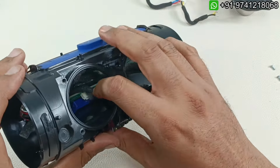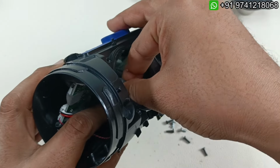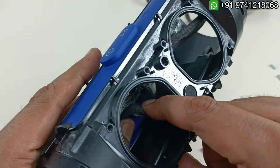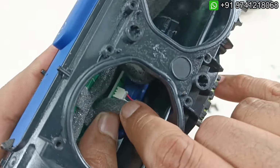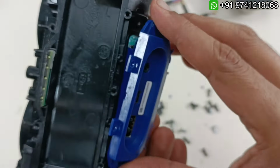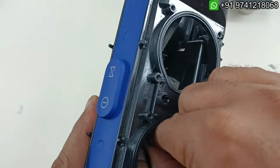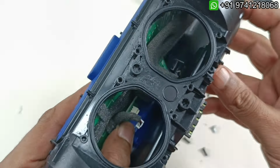Now there will be one more socket here. You can see there is a socket here. This is for auxiliary input. I'm trying to show here. This is connected to this board here. That is the reason it is not coming out. So I'm just going to slowly remove the socket here,